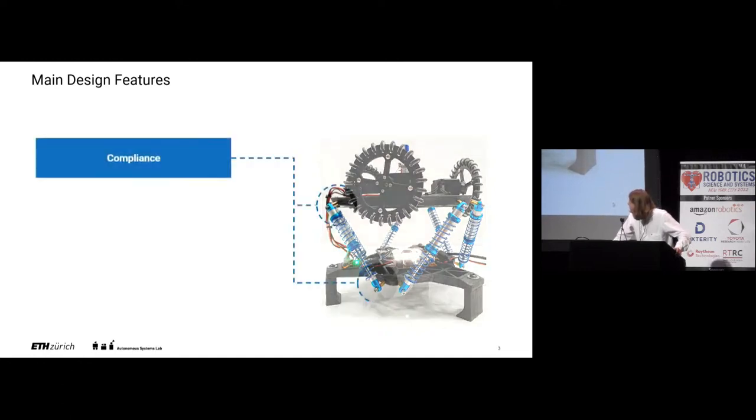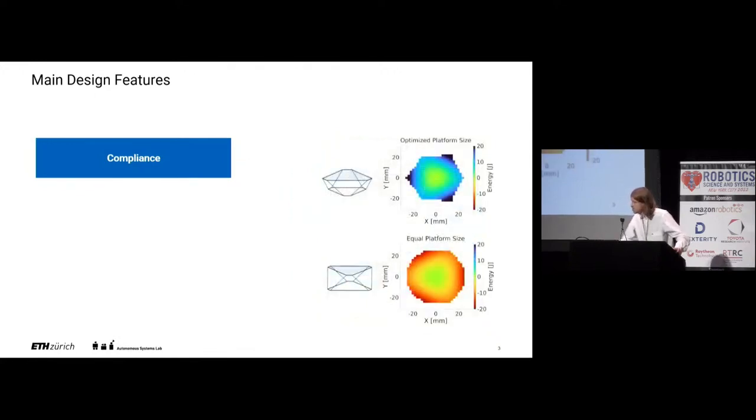The first one is compliancy, which we added by building the platform as a passive Gough-Stewart platform. That's a 6 degree of freedom end effector that consists of 2 bodies, a static lower one, and a freely moving upper body. Both of them are connected by 6 spring dampers. For such a passive Stewart platform, the motion and the compliancy of this upper part highly depends on the geometry of the end effector itself, and we therefore try to optimize this such that the end effector counteracts disturbances by always trying to move the upper part back to its center position.